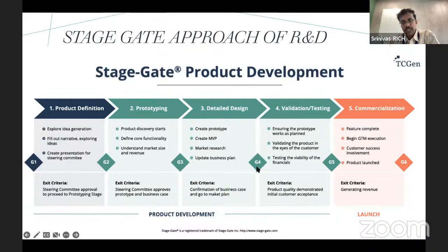And once the detailed design phase is cleared, its objectives and clearly defined performance criteria are met, it goes into validation and testing. And validation and testing can be of multiple types, again, in the field, in the lab, in a specific market. As I said, if the product is only meant for 18 to 30-year-olds, then you only test with that kind of consumer and not with the 30 plus, right? That's a specific market that you have.